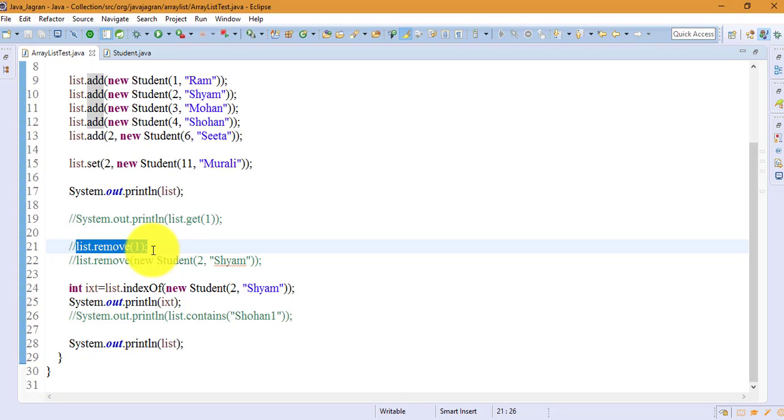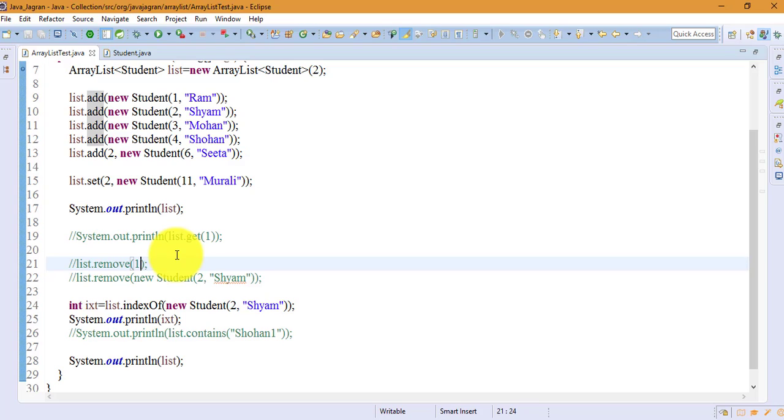Removing means it will just shift the data. Suppose you are passing the first index; it will start shifting the data from the second index. So the second index data comes to the first index, the third index becomes the second index, the fourth index becomes the third index. So the first index data is overwritten by the second index data, and the first index data is gone. So this is how the remove method by index works.